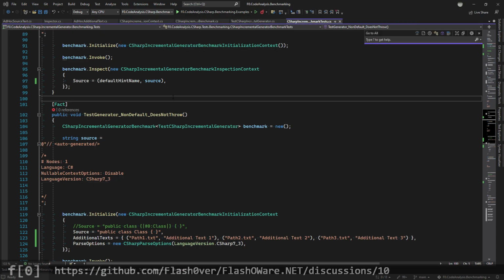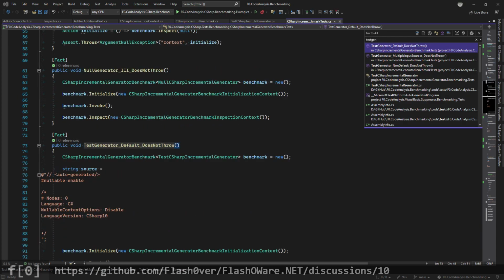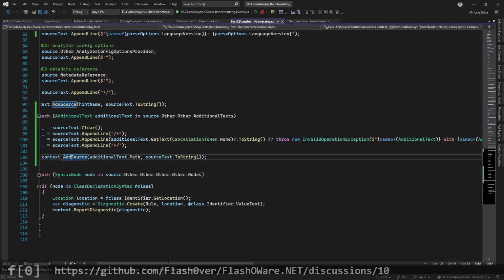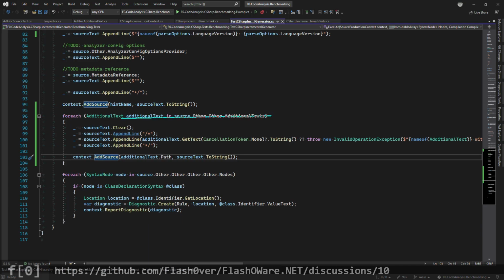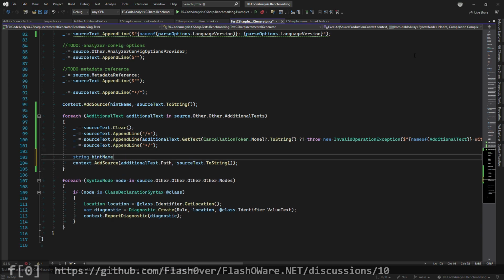So we didn't do this transformation in the test generator. Where we iterate through all additional texts. And yeah, we use the path as an input, but we want to get this without the file extension. So we say, let's have a hint name variable equal to, what's that, Path.GetFileNameWithoutExtension